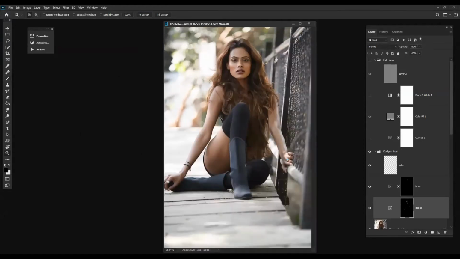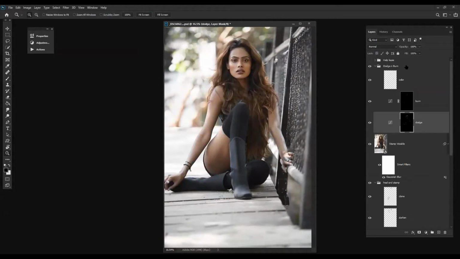Okay, fine. So let's come down to the basics of frequency separation. What does frequency separation do? Frequency separation, as I told before also, now I'm telling very predominantly, it helps to blend the colors as well as keep the textures intact, remain the textures as it is.